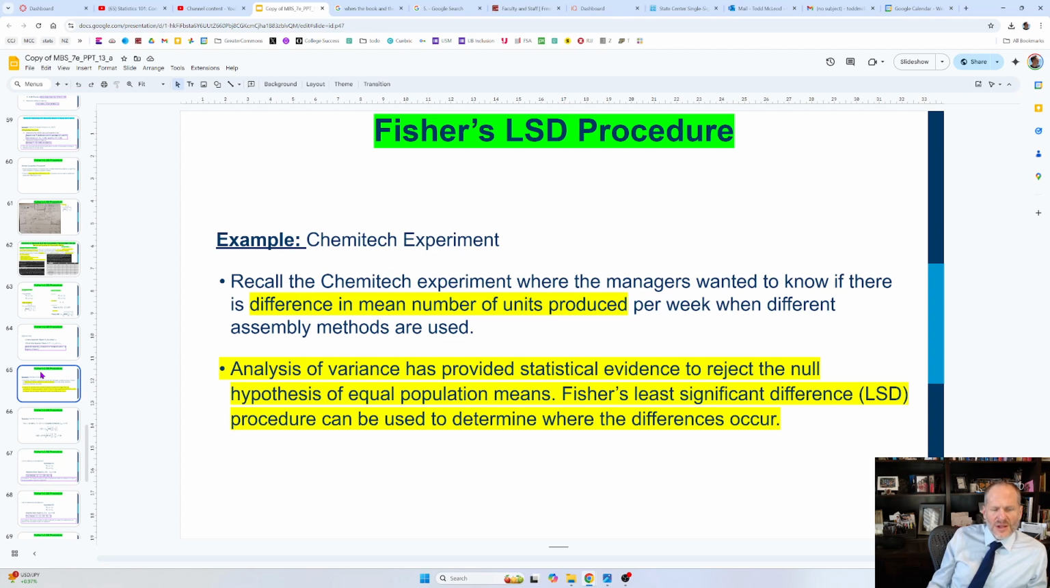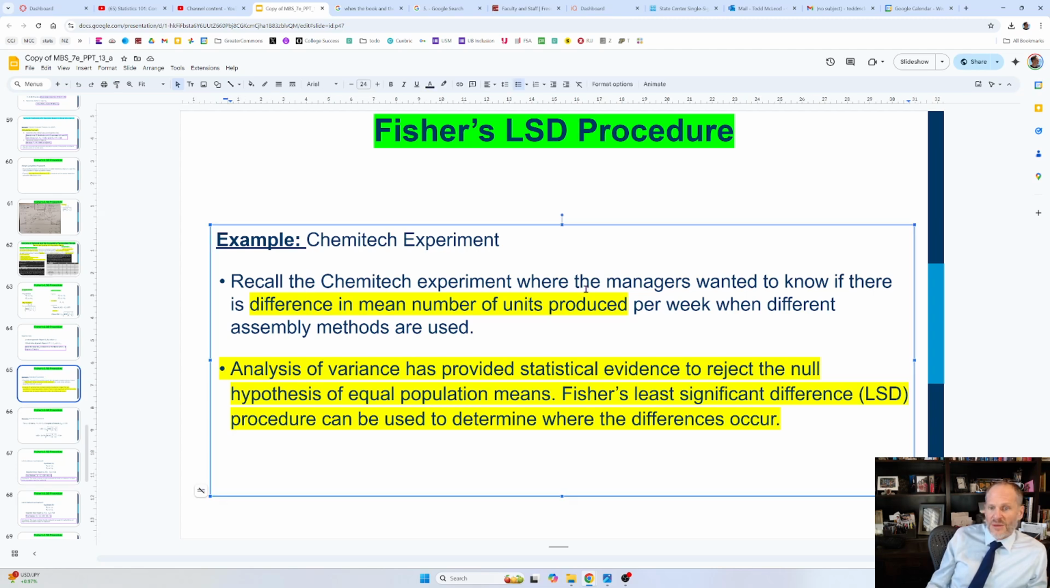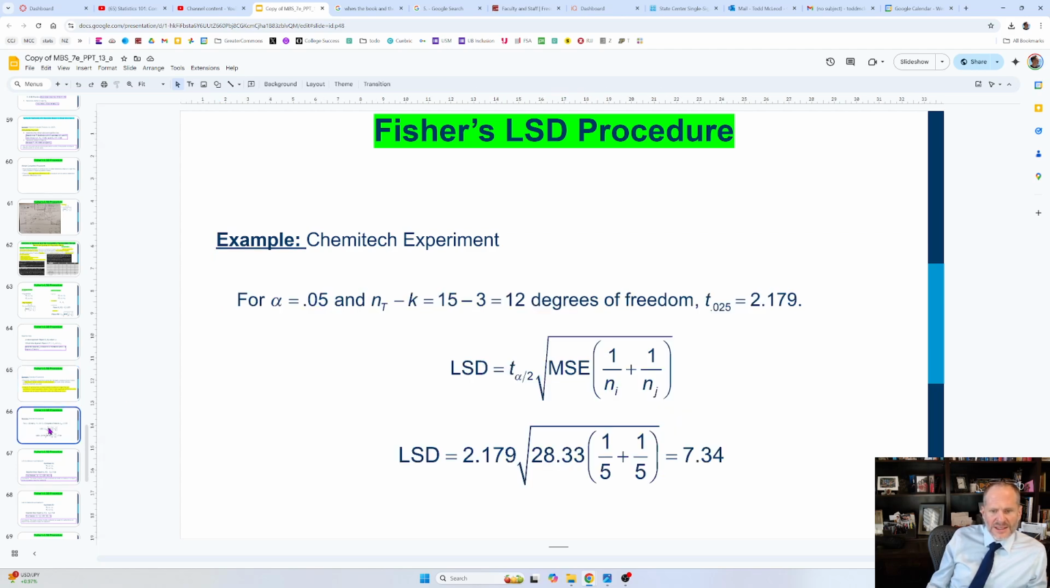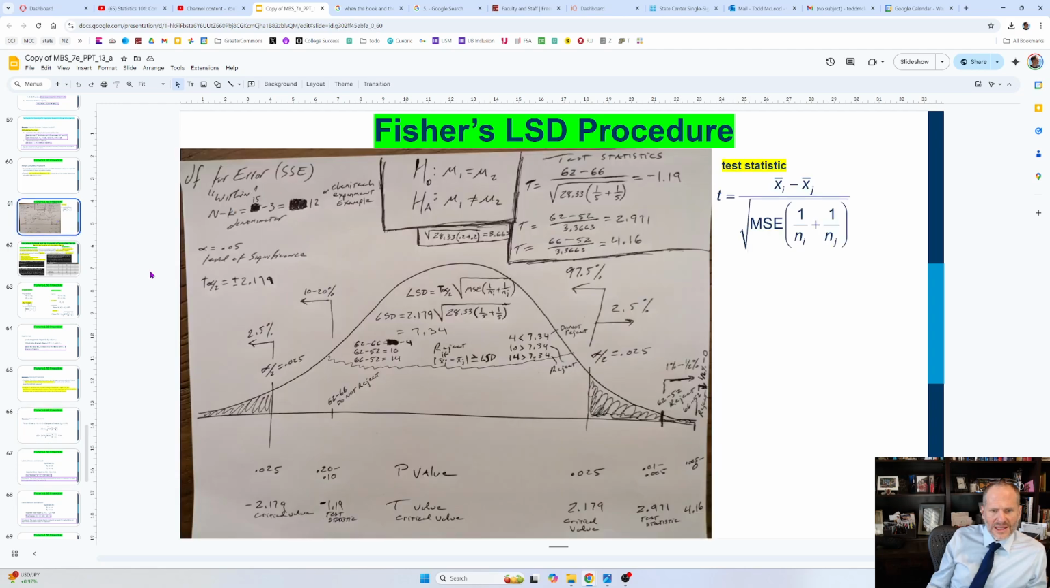Yeah, so the Chemtech, recall the Chemtech experiment where the managers wanted to know if there's a difference in mean number of units produced per week when different assembly methods are used, right? Analysis of variance provides statistical evidence to reject the null hypothesis of equal population means. Fisher's least significant difference procedure can be used to determine where the differences occur. Cool, right? It's kind of what we already know. And so here is their calculation, and they get 7.34 for their LSD, same as